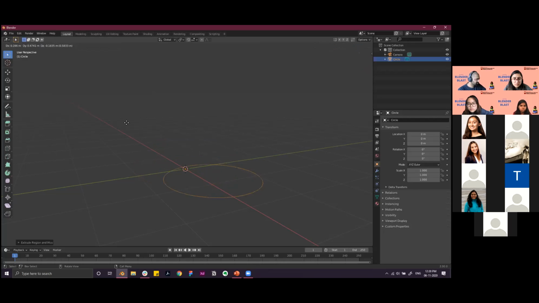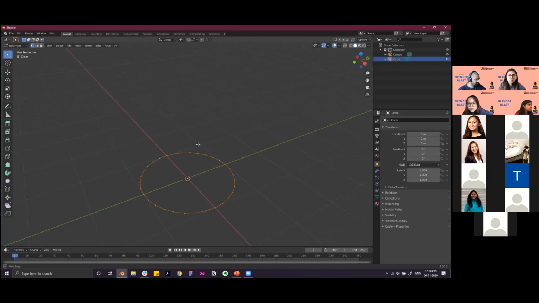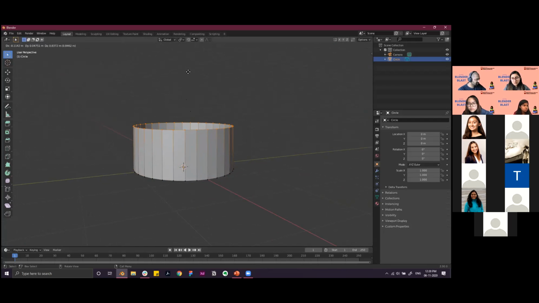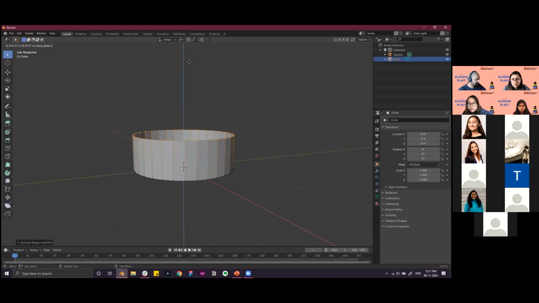So if you press E, make sure you're in the vertex select mode when in the edit mode. So press 1 and you'll be there. So you see, I can raise all of this up using extrude. You press E and then Z, so you can raise it up vertically.